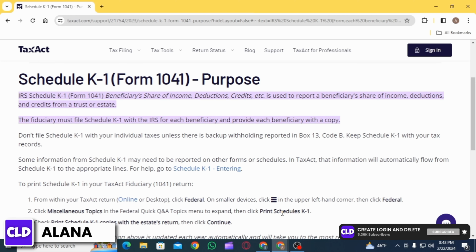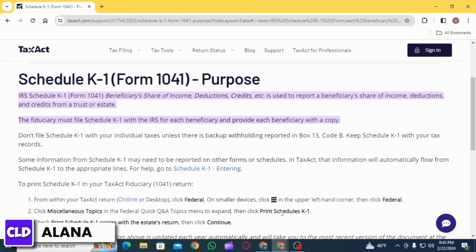The Schedule K-1 includes various types of income such as ordinary business income, interest income, dividend income, rental income, and capital gains or losses. It also reports deductions such as depreciation, depletion, and certain expenses, as well as credits and other tax items. Partnerships, S corporations, and trusts are required to issue Schedule K-1 to each partner, shareholder, or beneficiary